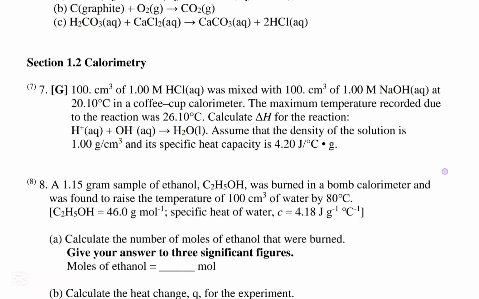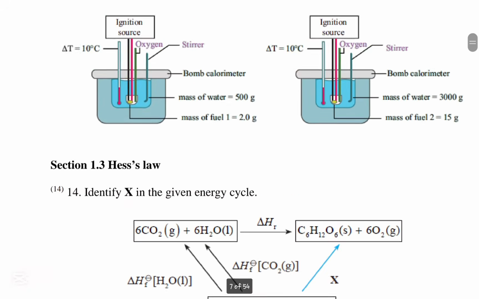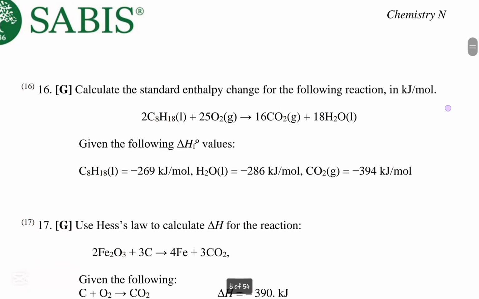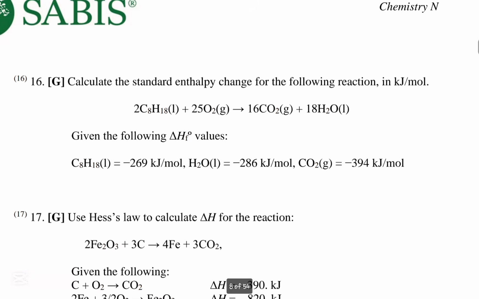So now the next question we have is question number 16. So we're skipping all of these and going to question 16. What does it say? It says calculate the standard enthalpy change for the following reaction in kilojoules per mole, given the following values. So again, what do they need? Calculate the standard enthalpy change for the following reaction in kilojoules per mole. Whenever they ask you for the standard enthalpy change, mainly of formation, and they give you the enthalpies of formation, which is the case, then we would use this equation that delta H is equal to